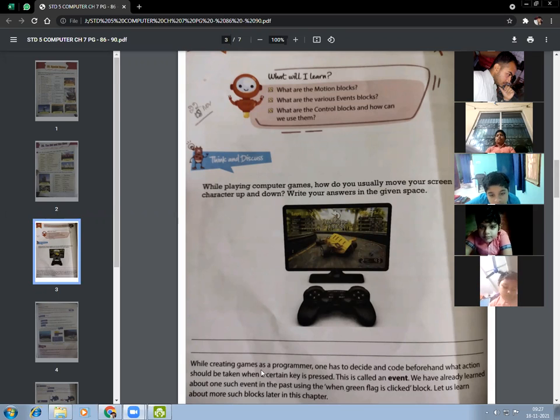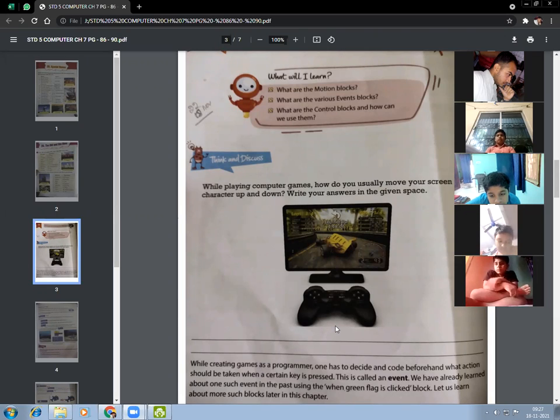While creating games, as a programmer, one has to decide the code beforehand, what action should be taken when a certain key is pressed. So there is some prefixed command. What we are going to see on the screen must be coded beforehand.